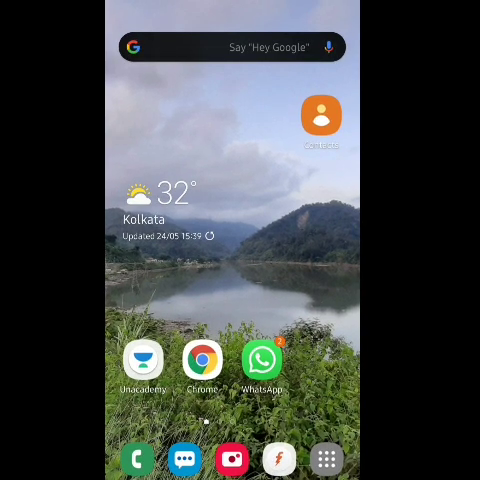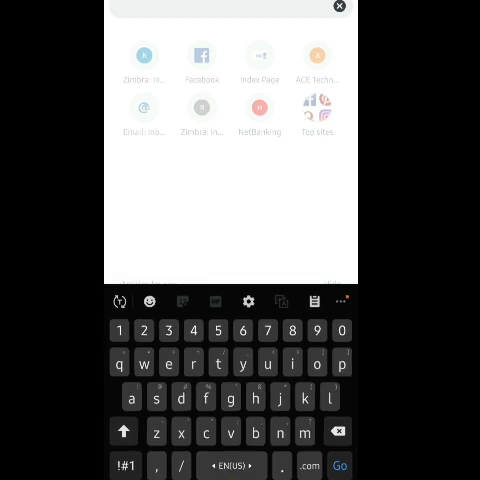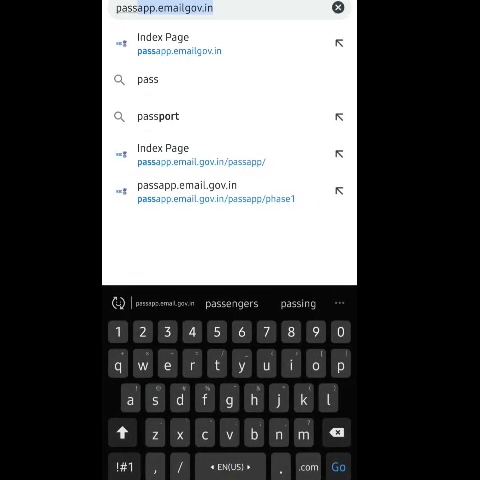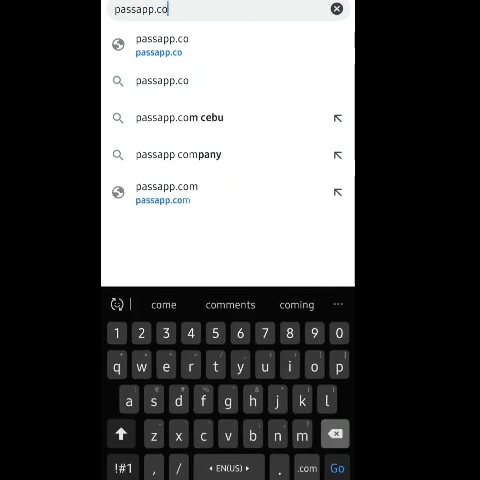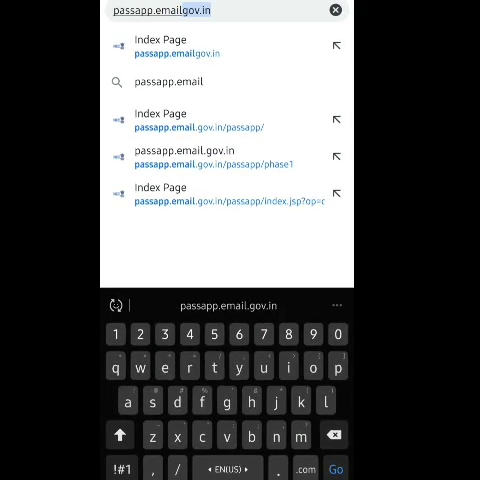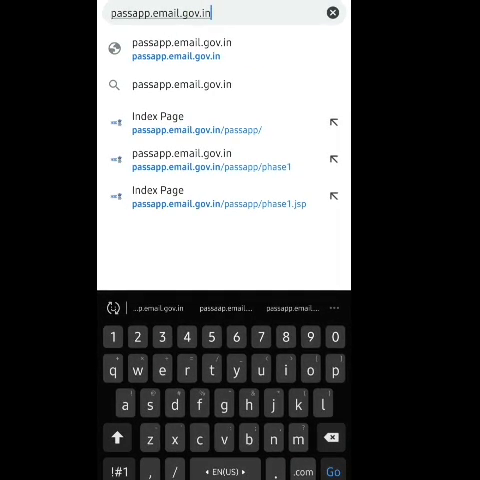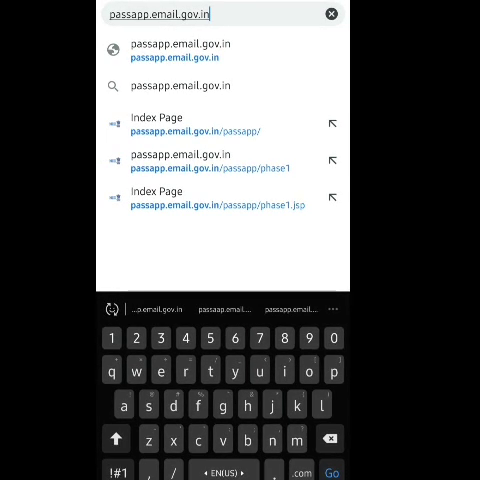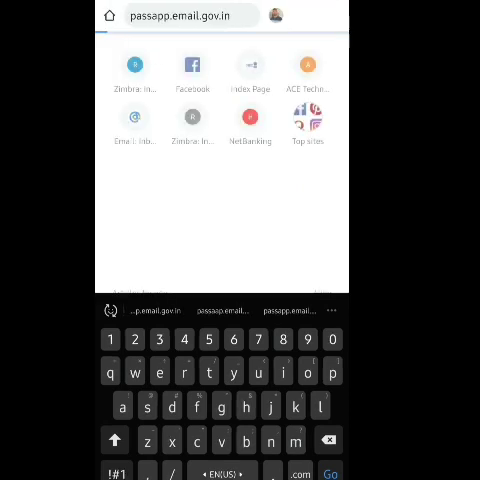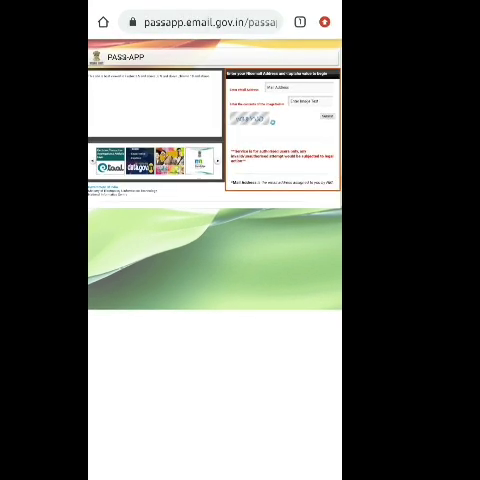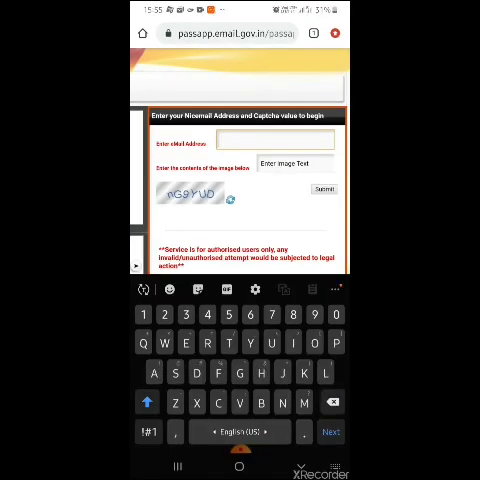So simply you need to open your Google Chrome browser and enter the link passapp.email.gov.in. This is the official webmail server of NIC where our email IDs are managed, and we can change the password from this site only. As you enter the link, you will be taken to the PassApp website, where you have to enter your existing mail ID and the captcha given, and then you will get an OTP on your registered mobile number. I have a mail ID